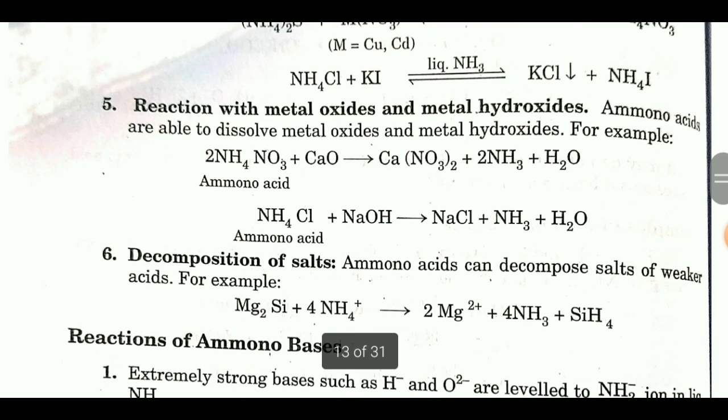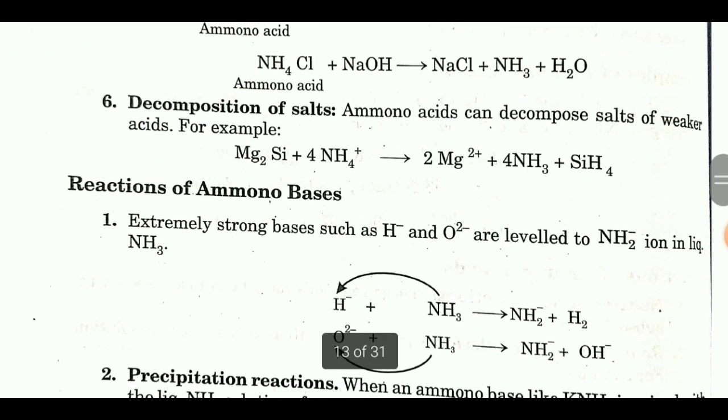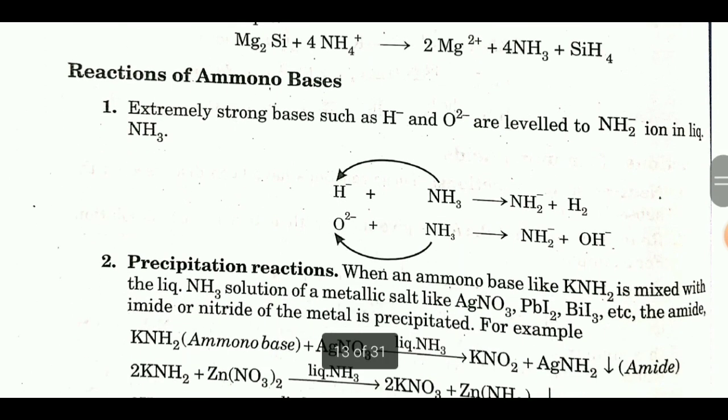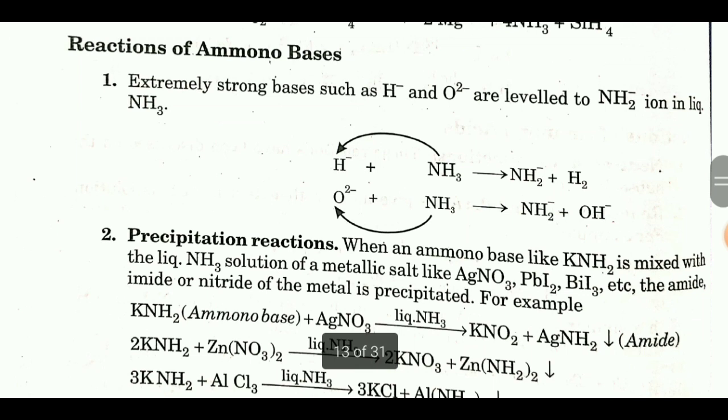Fifth, reaction with metal oxide and metal hydroxide. Amino acids are able to dissolve metal oxides and metal hydroxides. Sixth, decomposition of salts. Amino acids can decompose salts of weaker acids. Reactions of amino bases. First, extremely strong bases such as H negative and O2 negative are leveled to NH2 negative